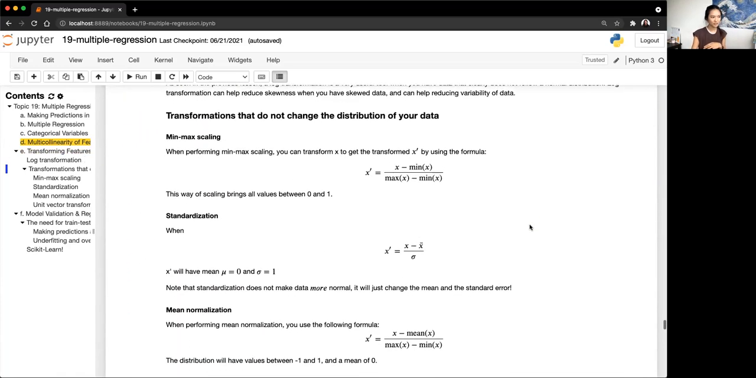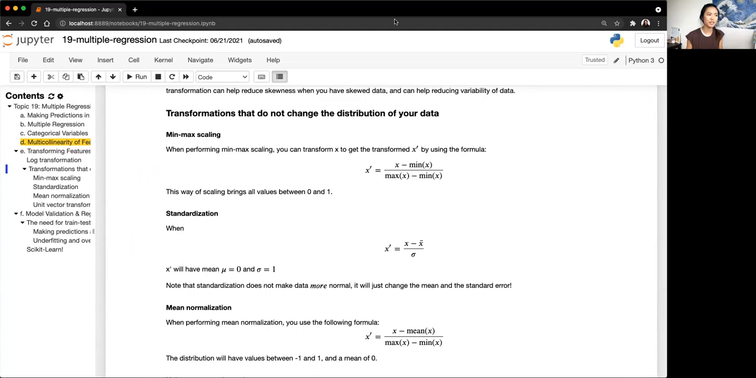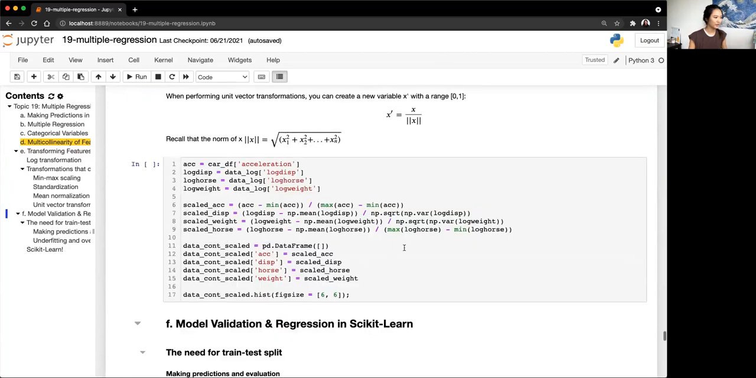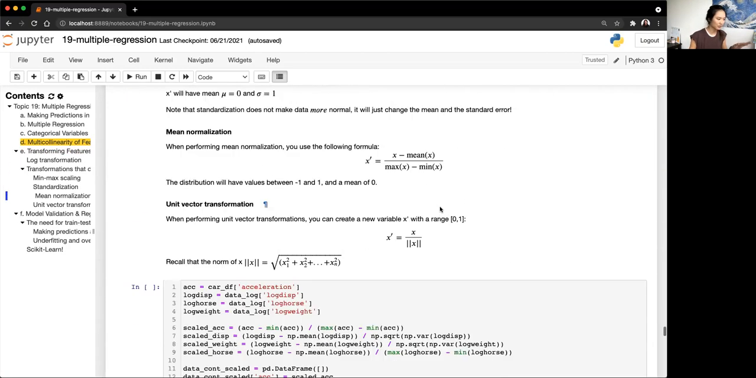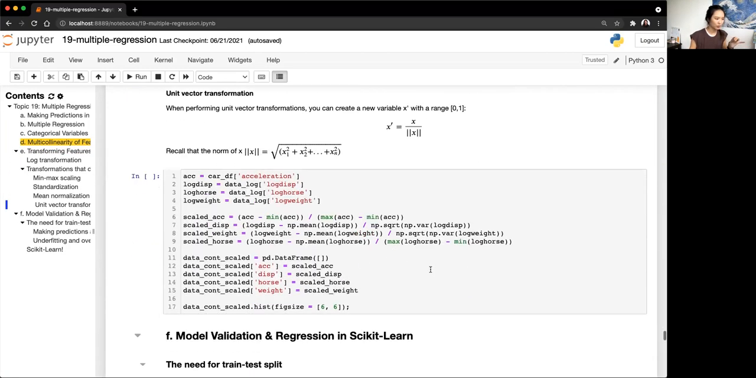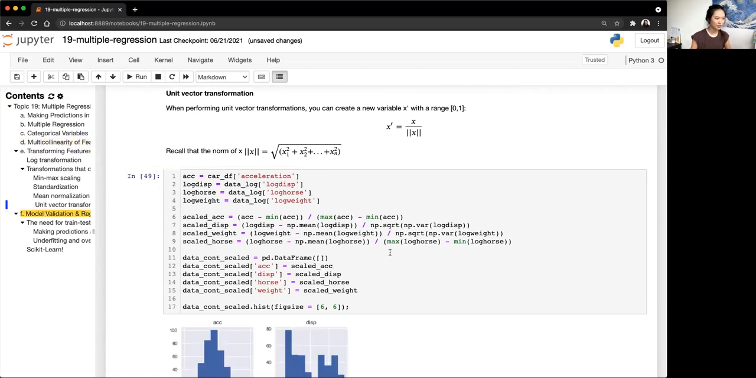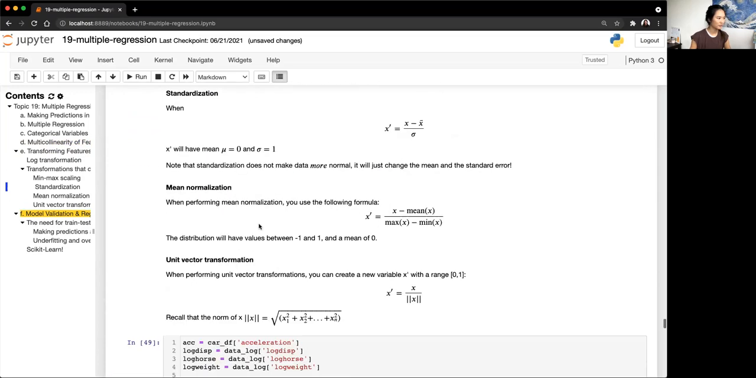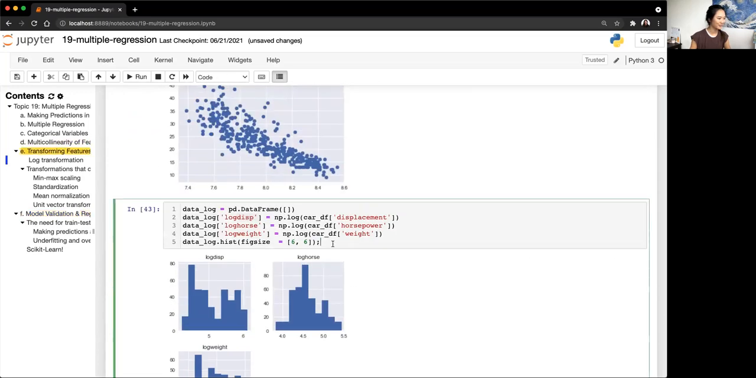So there's a bunch of different transformations that do not change the distribution of your data. By distribution of your data, I mean the shape of your histogram. So we had these shapes of histograms here that look like this. Any of these transformations, and I'll go into them in a little bit more detail, when you do any of these transformations, for example, you can see that